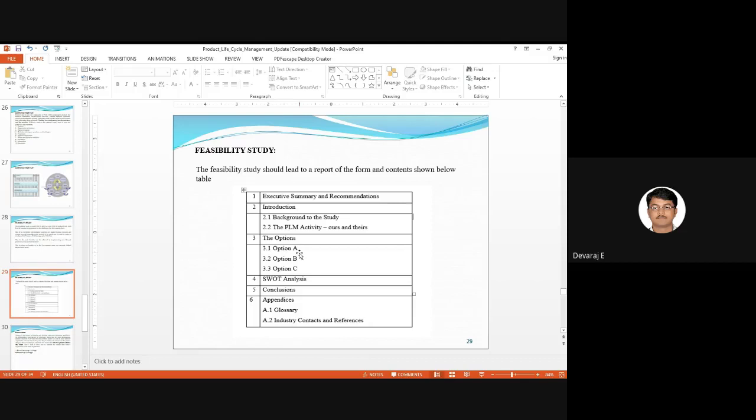First they will go for the first good idea to manufacture the prototype. After manufacturing the prototype, they will test it. If the test is okay, then they will supply it to the customers. Once the customer is satisfied, they will not go for option B and option C. Option A is selected, which means the customers are satisfied.